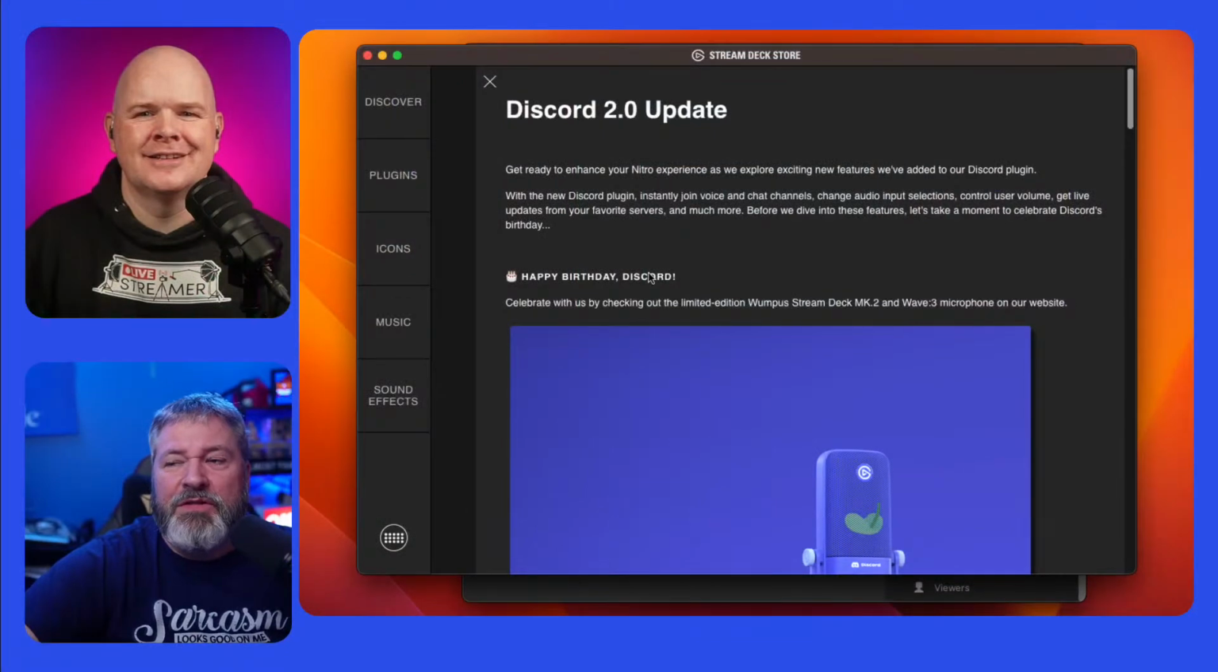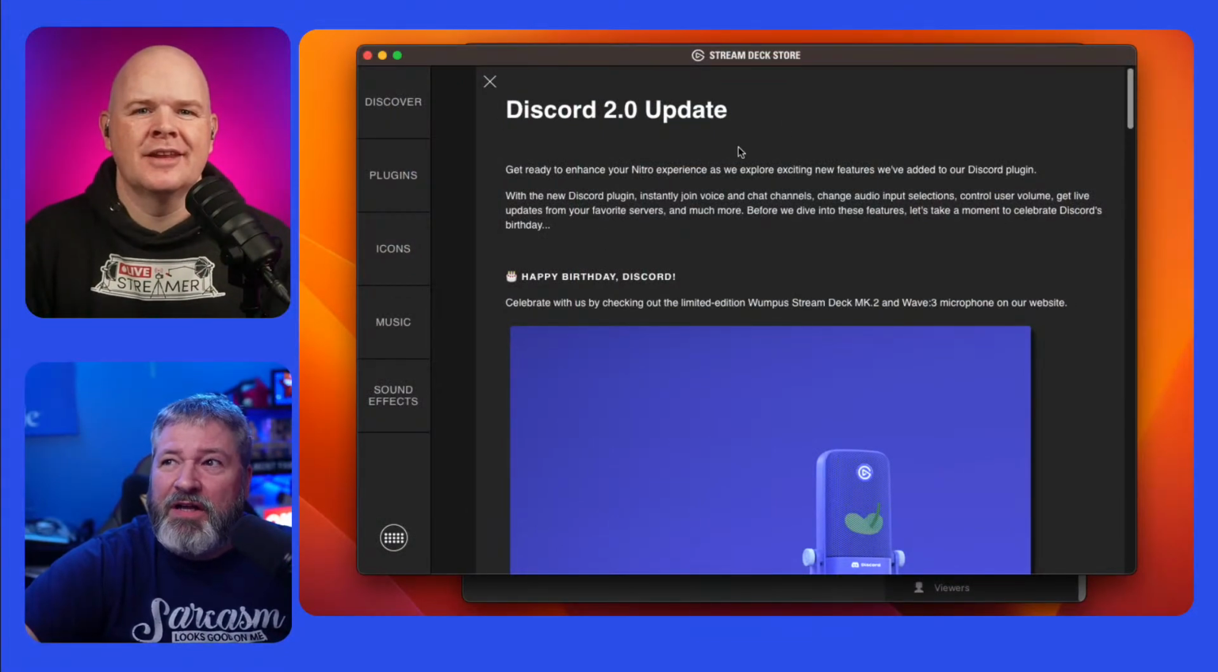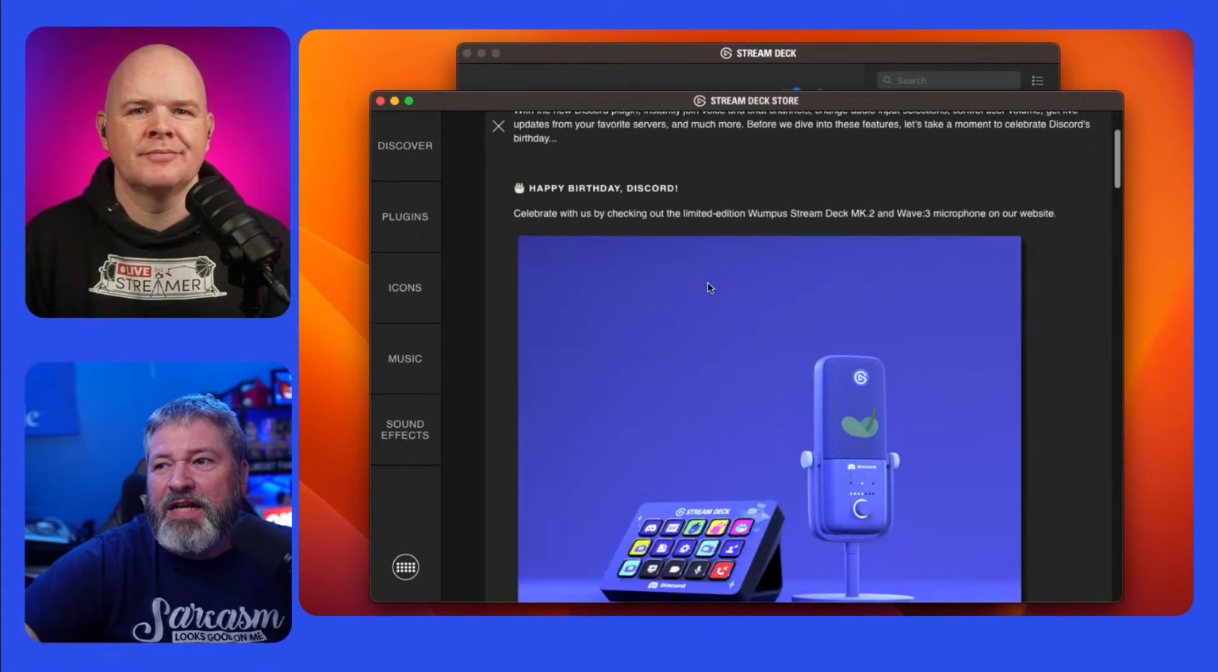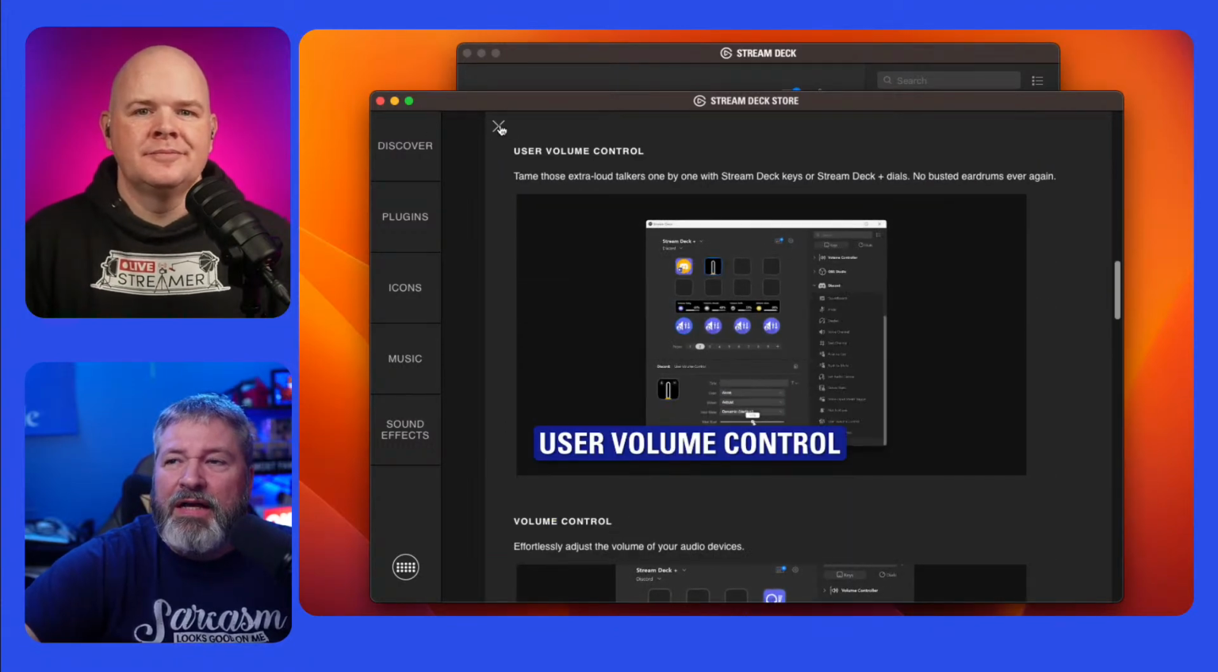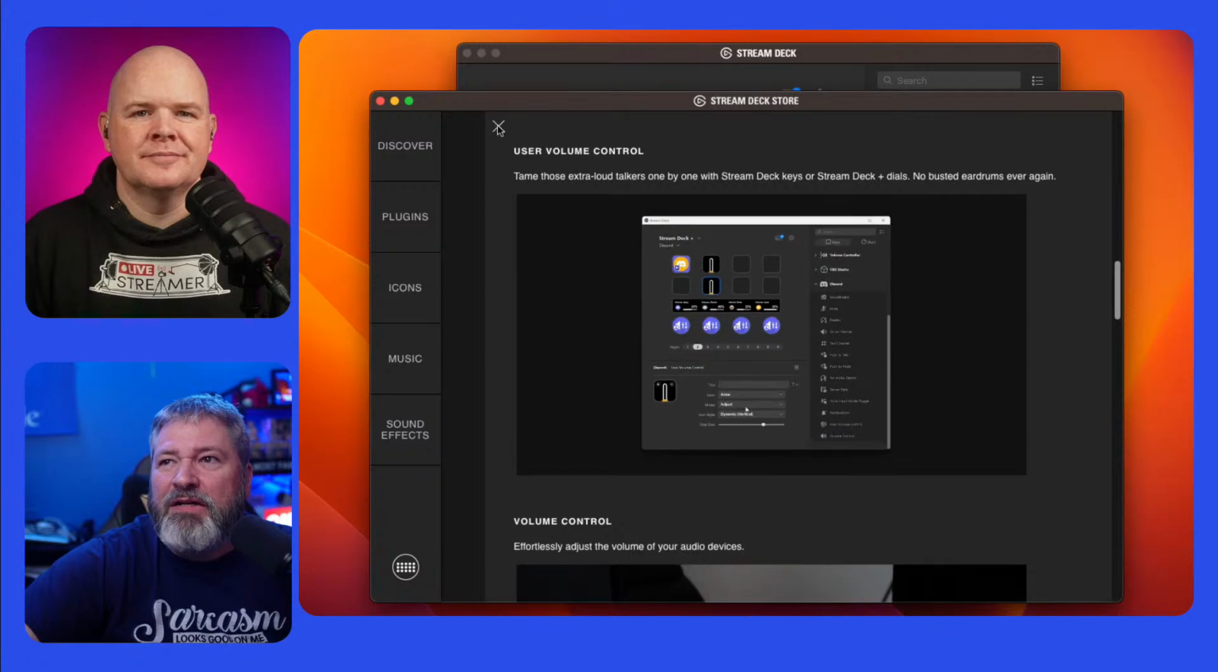Going back here, so Discord. I didn't even realize I had a Discord plugin. So you can go to the store, and the way you get to that inside here